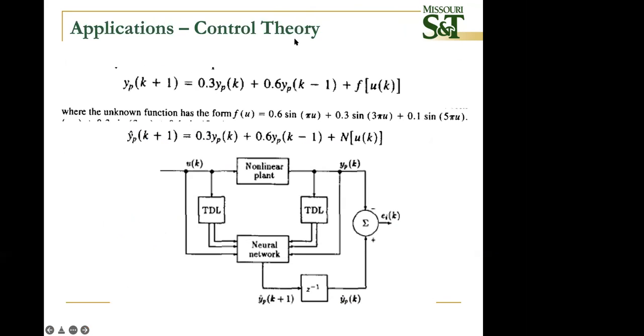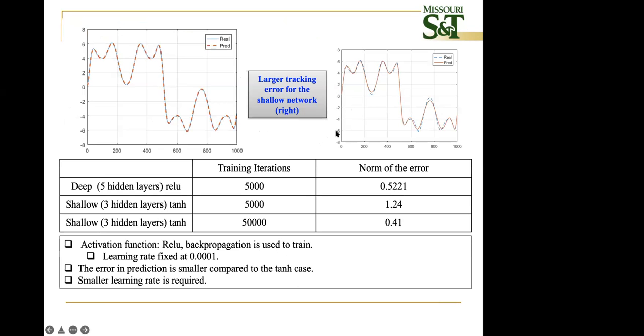We also tried it on control theory, not just on classification. So this is basically what we call an identification problem. So you have a nonlinear plant like Procter & Gamble, which makes soap detergent. And here we are trying to control the process to meet certain quality. And here we are using the neural network because this is highly nonlinear. For all the different chemicals you add, there's no model available. So the goal was the neural network has to learn and try to make the output meet certain requirements, okay?